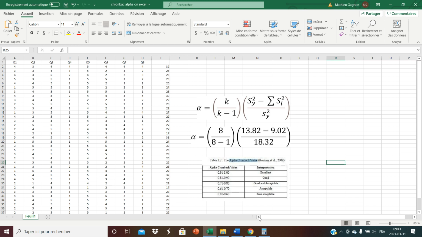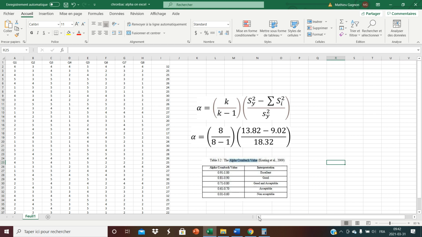Okay? So, if we find that the alpha level is low here, this suggests that there are some items that are not strongly correlated with the rest. So maybe there's no problem with these items, but it's the sample that's weird. But maybe the sample is fine, and it's those items that are weird. They're weirdly written or weirdly conceptualized. They shouldn't be in that measure in the first place. And so this gives us an idea of the quality of the data you can get with this type of measure.